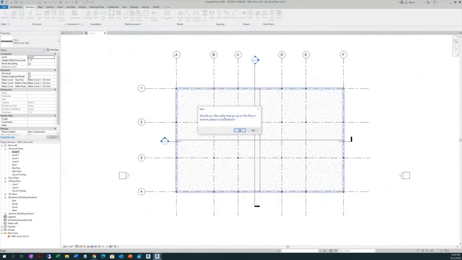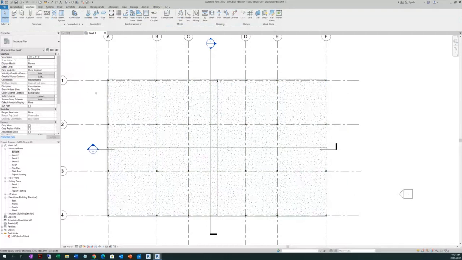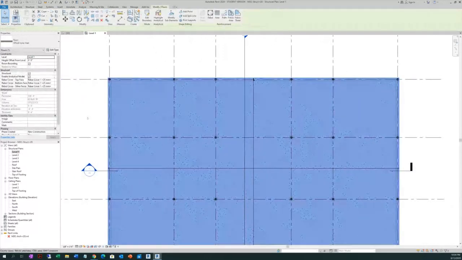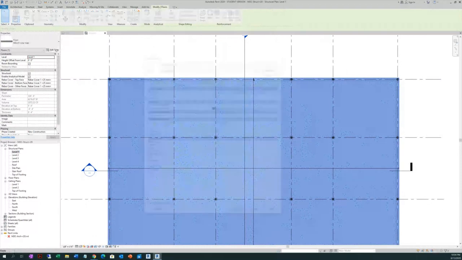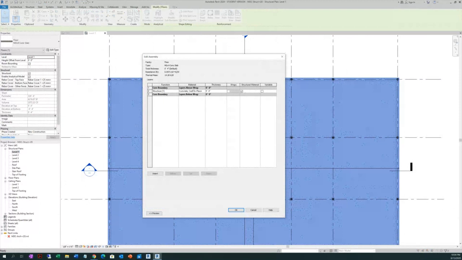Would you like the walls that go up to this floor level to attach to its bottom? You say yes in this case. Let's go say yes. If you don't like that hatch pattern, you can select that. You can come to the edit type. You can come here, see the graphics and coarse, that's okay. But then you go here to the structural, go to the material,